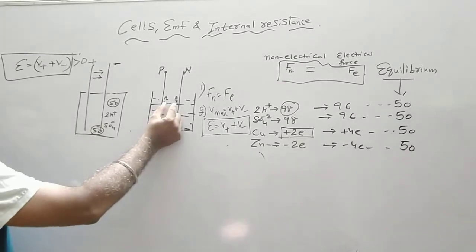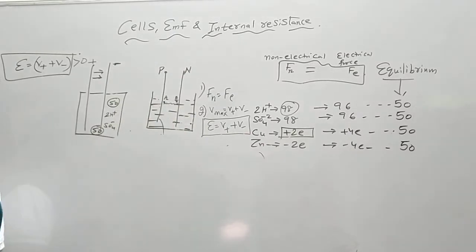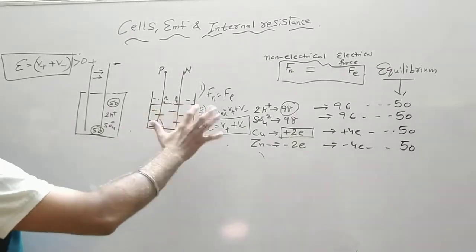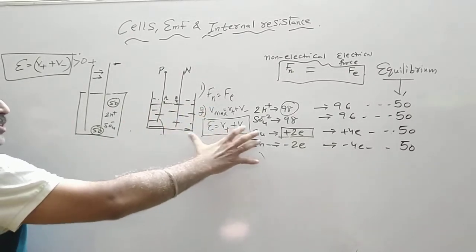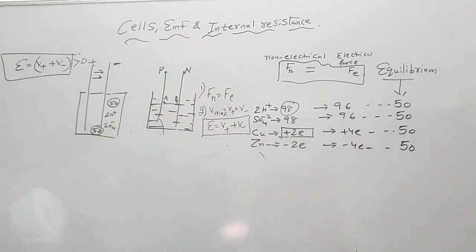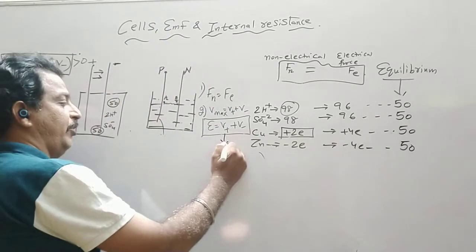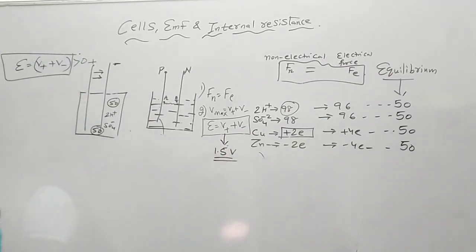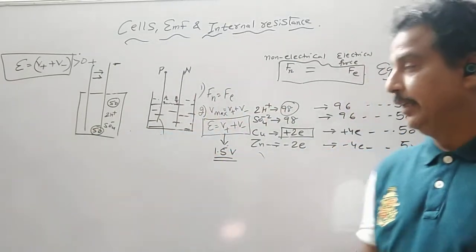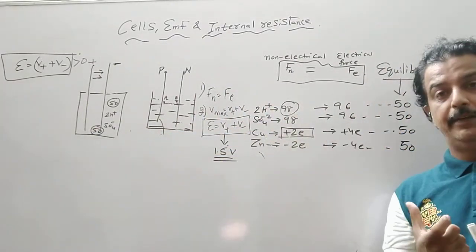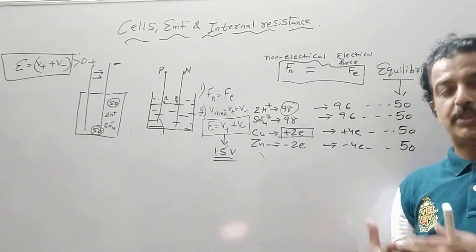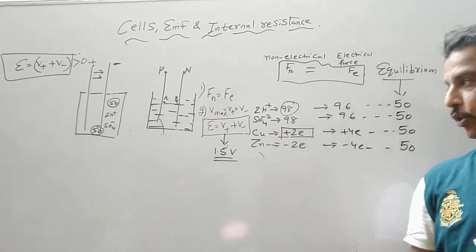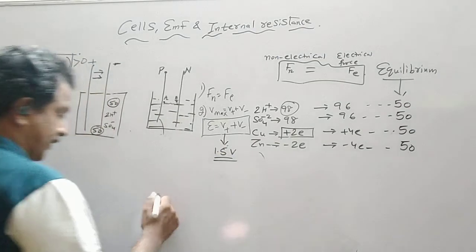But this will come into picture when we draw a current. For the time being, we are not taking any current from it. So when the motion of the ions stops, the potential difference is maximum. For example, if you bring a pencil cell, the value is, say, 1.5 volt. This is EMF. Now when we bring a cell, we need to use it in our clock or a remote control. So we connect it with our device.